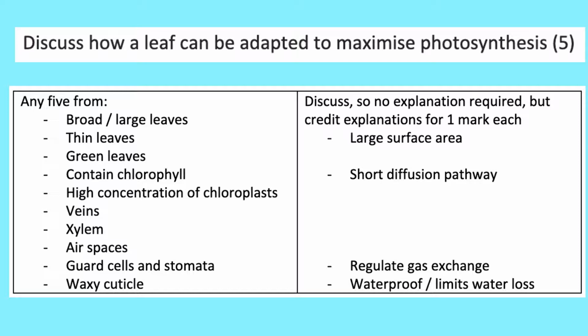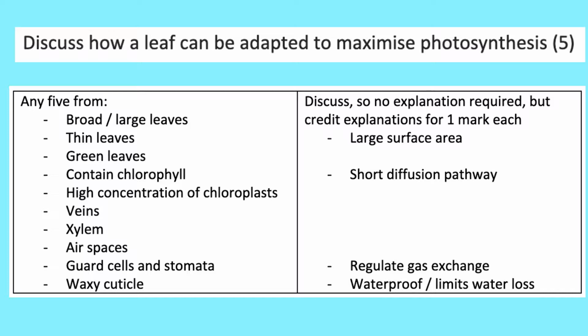So you can have anything from broad, large leaves, so that would be a larger surface area, so it will absorb more sunlight, and larger surface area means increased rate of diffusion. Have thin leaves, again, shorter diffusion pathway, so that's good for carbon dioxide diffusing into the plant and oxygen diffusing out. Have green leaves, and because green leaves contain lots of chlorophyll, which is the green pigment, which is the